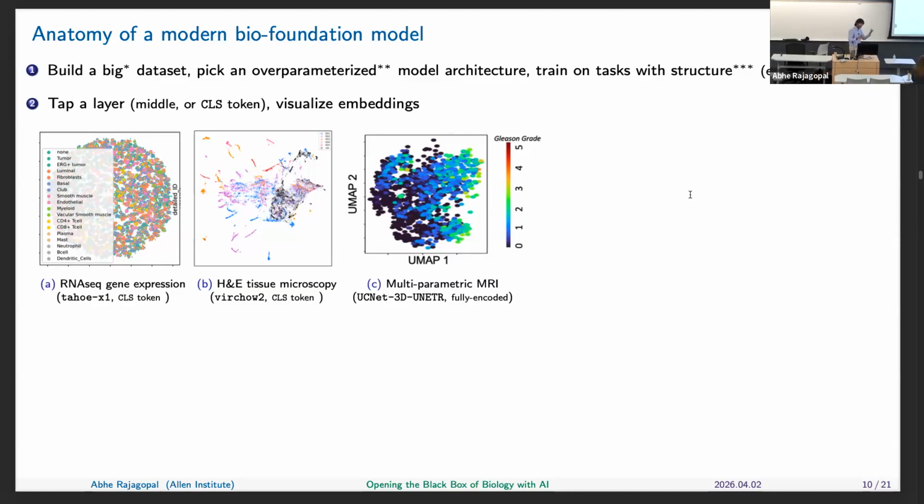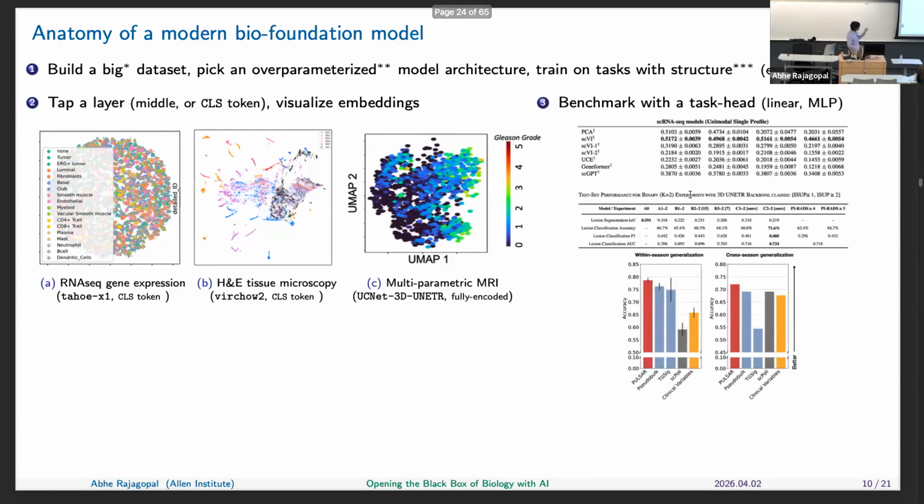The last one is a model that I made, which is, of course, maybe like 5 years ago now, which is not great, but it's a much more difficult problem. It is trying to predict that same score, but looking at it from MRI using, hopefully, a big model and a large data set. And it works in some cases. And of course, you can visualize it, but we can really go and benchmark it and evaluate it.